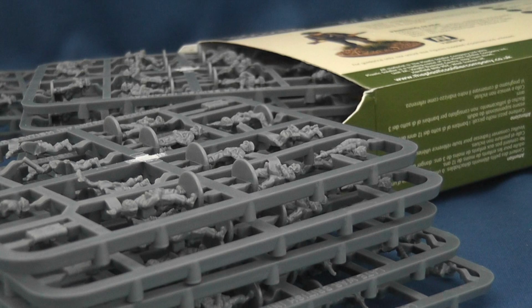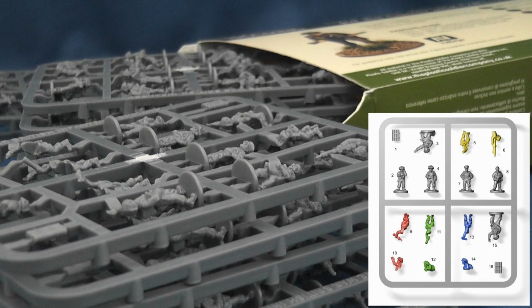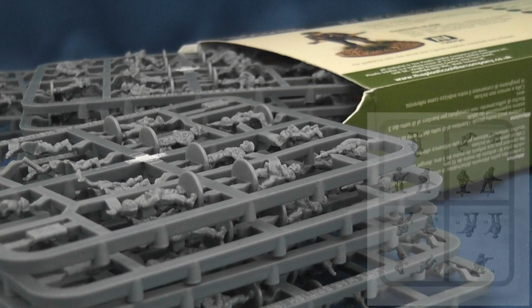1944-45 consists of 144 figures and 6 models, although I counted 138 infantry and 6 2-inch mortar cardboard triple tubes that totals 144 pieces. Available for £21.50 or $35 US, that's about 15.5 pence per figure. The pack contains enough to build a 3-platoon company, including the company HQ, as well as 3 2-inch mortar teams